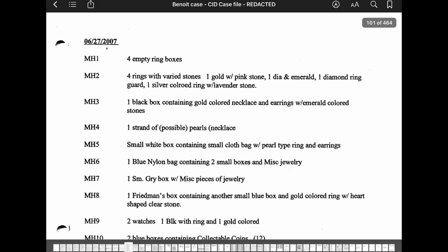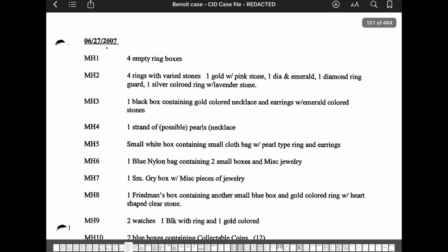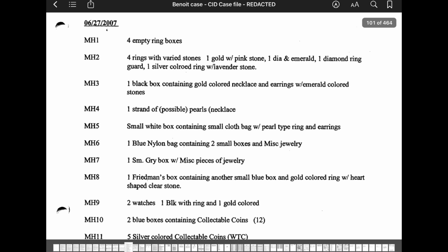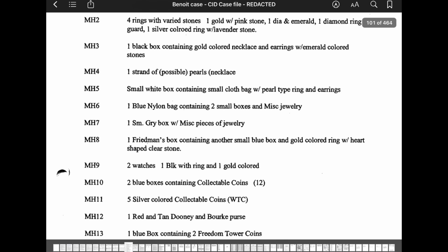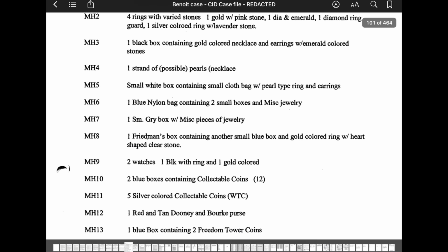It says 4 empty ring boxes, 4 rings with varied stones, 1 gold with pink stone, 1 diamond and emerald, 1 diamond ring guard, 1 silver colored ring with lavender stone, 1 black box containing gold colored necklace and earrings with emerald colored stones, 1 strand of possible pearls necklace, small white box containing small cloth bag with pearl type ring and earrings, 1 blue nylon bag containing 2 small boxes and miscellaneous jewelry, 1 small gray box with miscellaneous